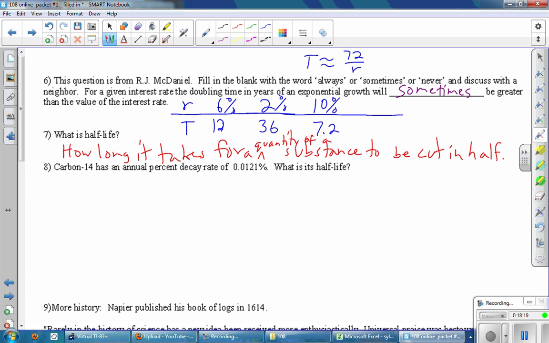Number 8, carbon-14 has an annual percent decay rate of 0.0121%. What is its half-life? So carbon dating is really important. It's given us a very good sense of how old things were when they were really, really old. Carbon is particularly useful because it has a tiny, tiny, tiny decay rate. So living creatures have a certain amount of carbon-14 in them. When the living creature passes away, the carbon-14 slowly dissipates, but it dissipates really slowly